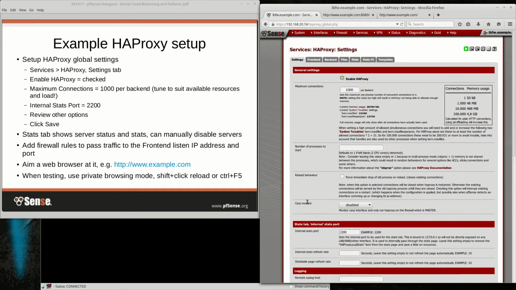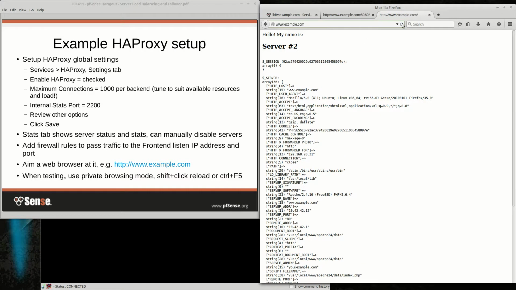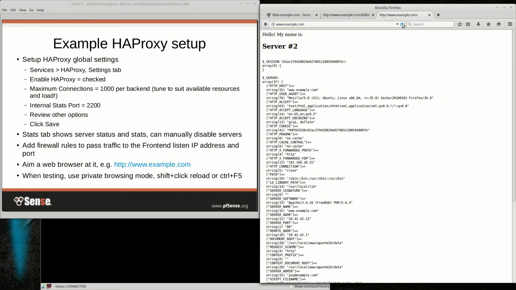But once you click save, then bam, all you got to do is come over and point it at your web server. And as you can see here, even though I'm clicking Shift F5 and refreshing, I'm always going back to the same server. And that is because I was using the cookie-based persistence. As you can see, I've got the session ID and it's staying the same. And you can also see here that we've got our X-Forwarded-For header in the output of the server variables,